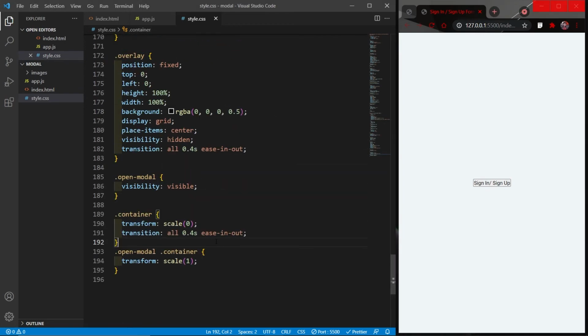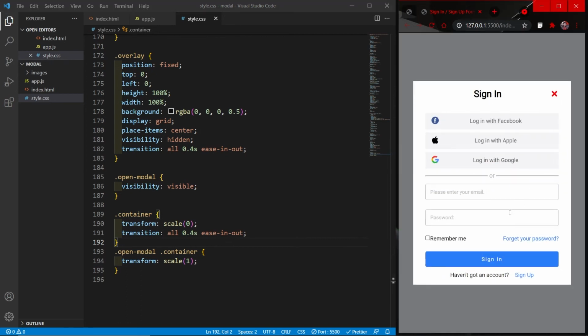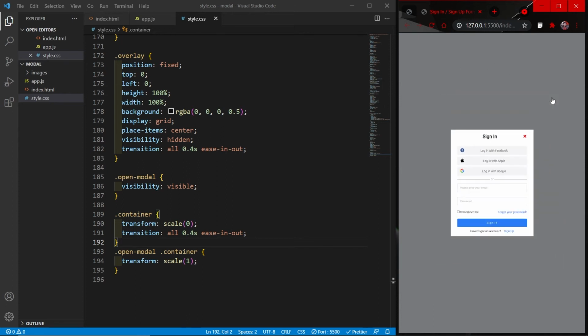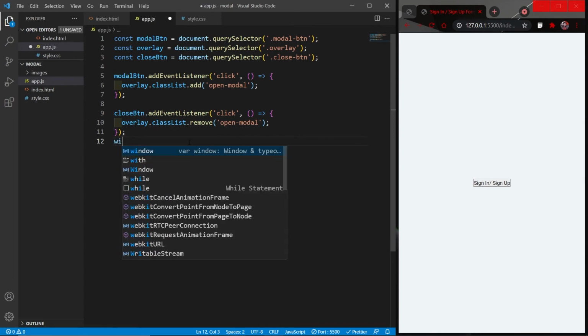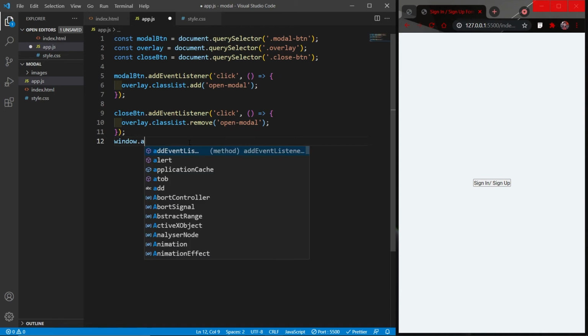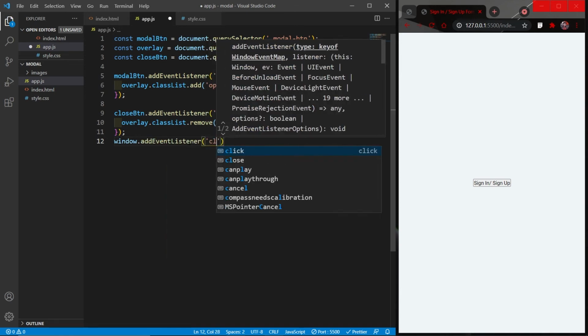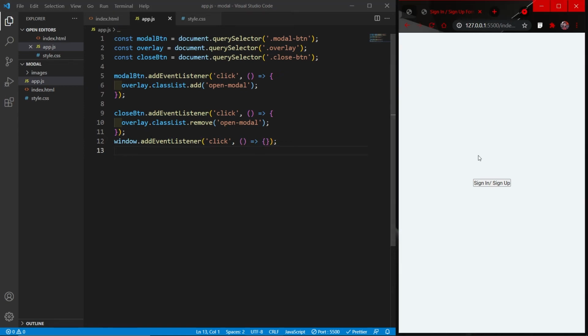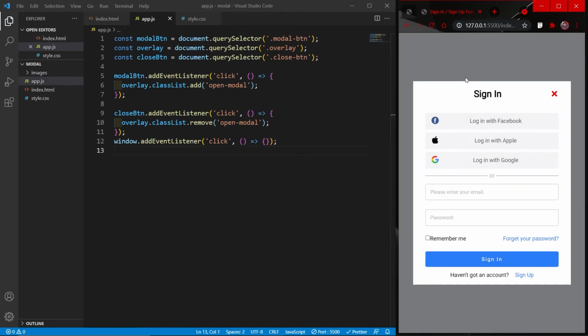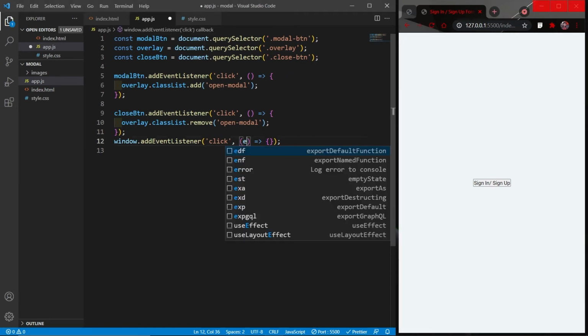Now the only thing left to do is implement the functionality that when we click outside the modal, that is when we click on this overlay, our form closes. So let's start doing that. For that, I'm going to add an event listener to the window object, and the event will again be click, and we'll use a callback function. The functionality will basically be the same as we had in the close button. The only thing that is going to change is that we only want to close the modal when we click on the overlay and not anything else. So for that, I'm going to use the event object,